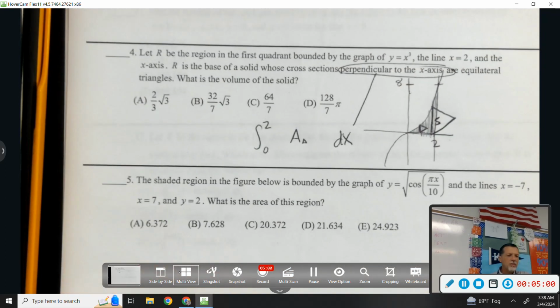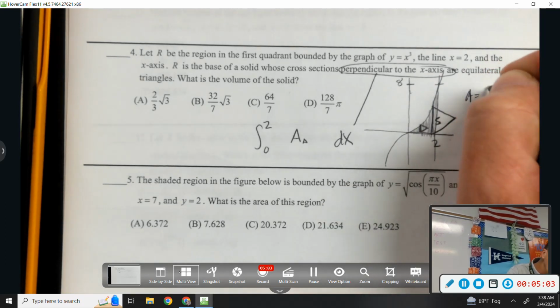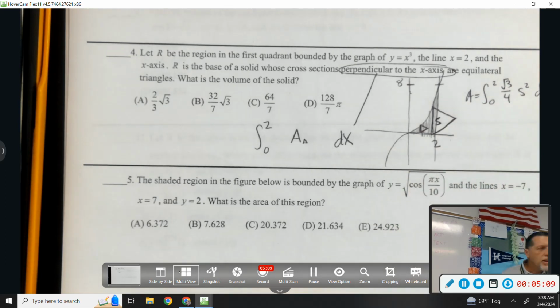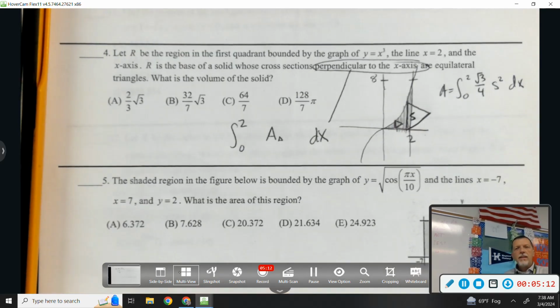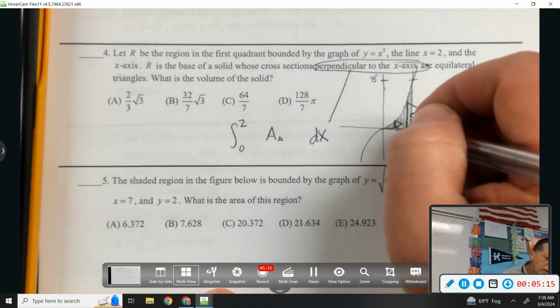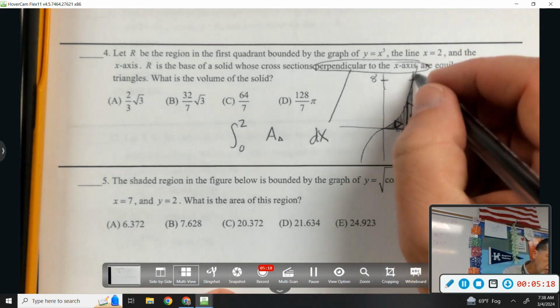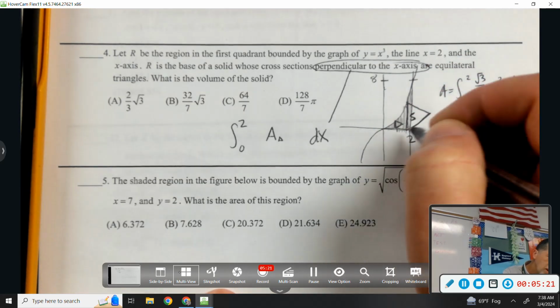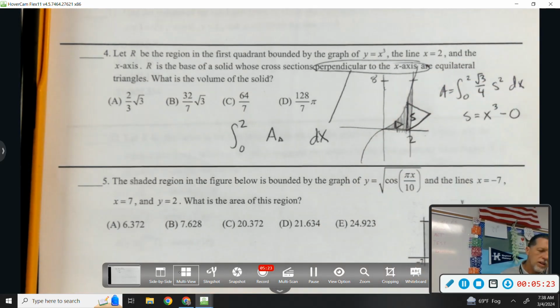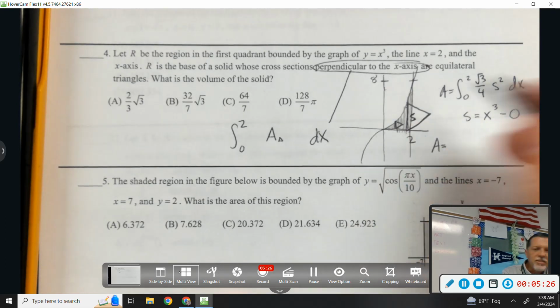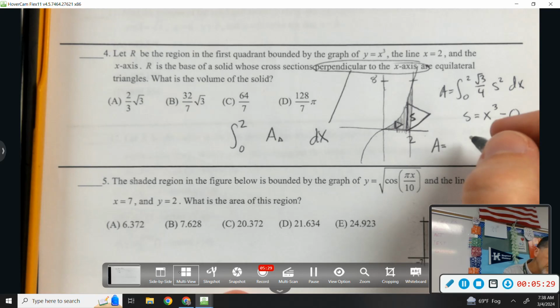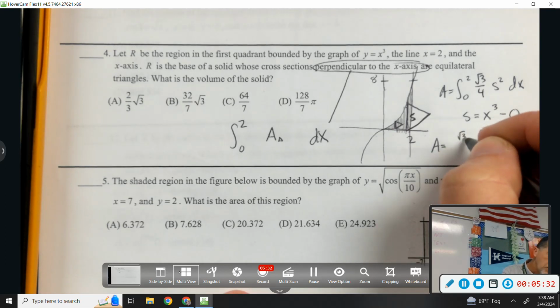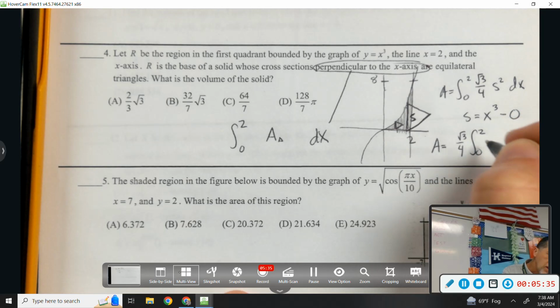The area of an equilateral triangle, that's the one I mentioned in passing a moment ago, is root 3 over 4 s squared. And s in this case is top minus bottom. Top is this curve, that's x cubed, and the bottom is 0. Obviously it's multiple choice, so I could go to the calculator right now if I wanted to. But I'm going to clean it up a little bit before I go. So root 3 over 4, 0 to 2, x cubed